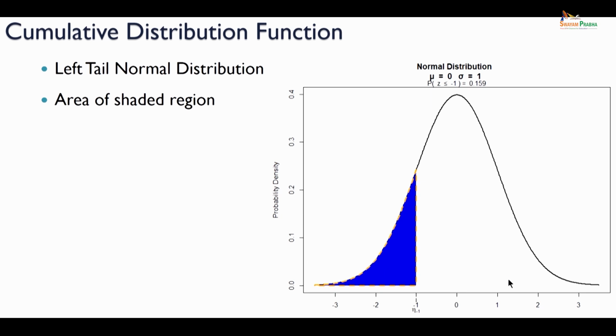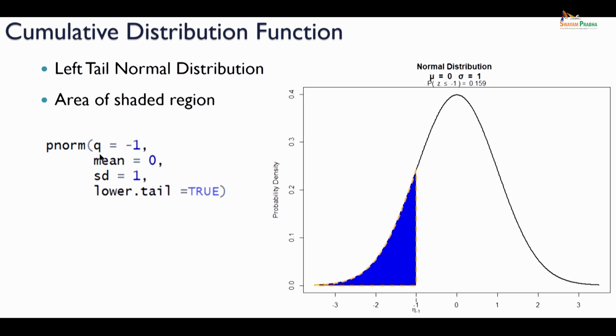So, let us look at the cumulative distribution function here. For convenience, I am going to look at the normal distribution throughout this video, and first I am going to look at a left tailed normal distribution. If you can recall, on my right I have a plot of the normal distribution for a left tailed test. So, I am interested in finding out the area of the shaded region. The function that I am going to use for this is called pnorm, because p returns the cumulative distribution like we earlier saw, and since I am interested in a normal distribution, I am suffixing it with norm.